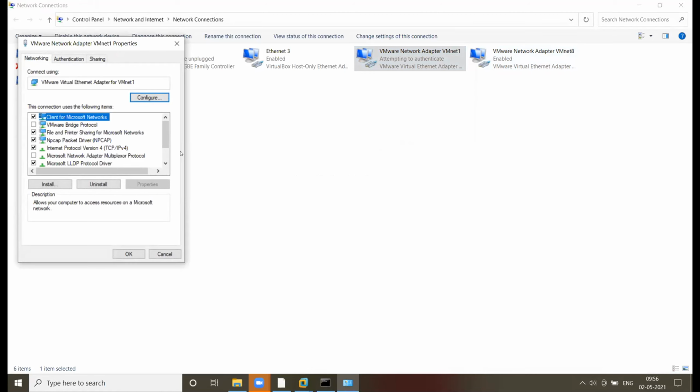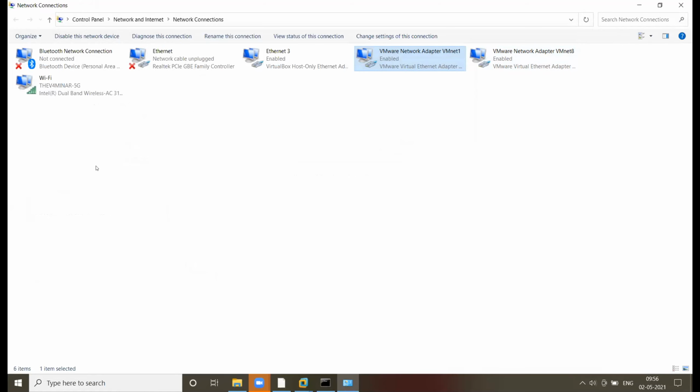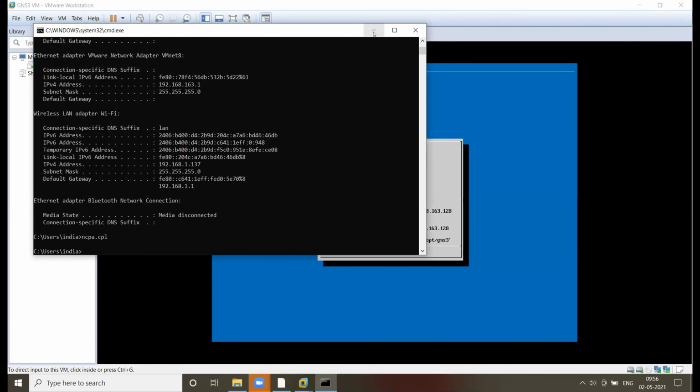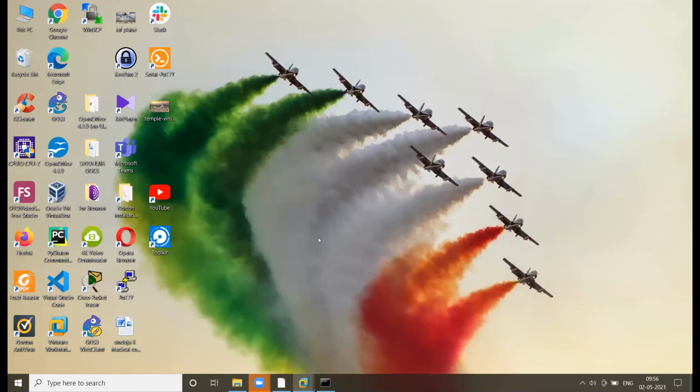Can you please select Internet Protocol TCP/IP version 4? Properties. Okay, cancel this. Now close this network connection tab. Minimize this CMD. Now, guys, you can see you have IP address 192.168.163.128. Now you can minimize this VMware Workstation, please. Now open your GNS3 application.